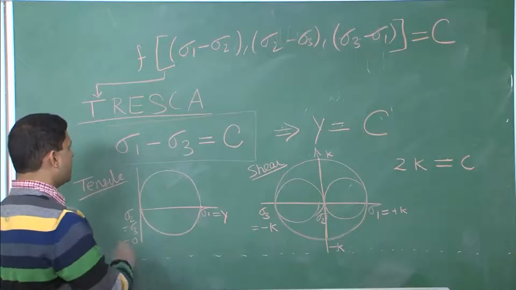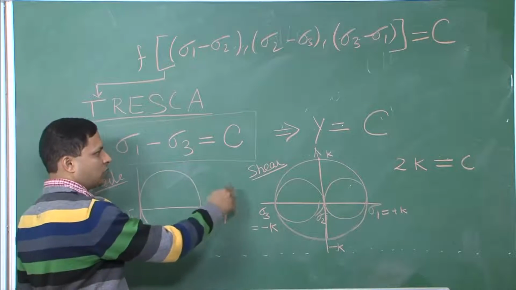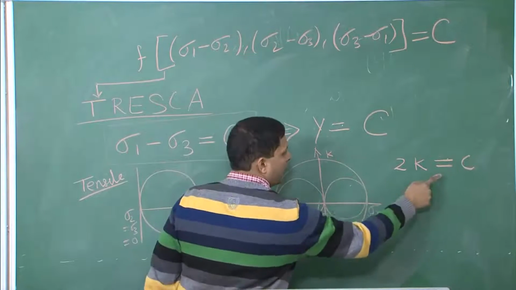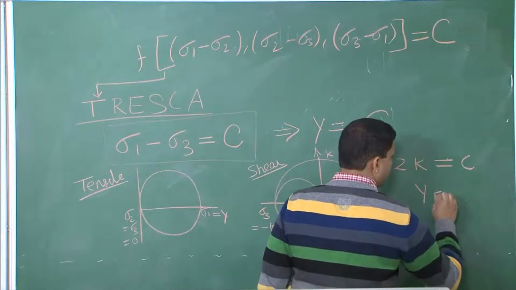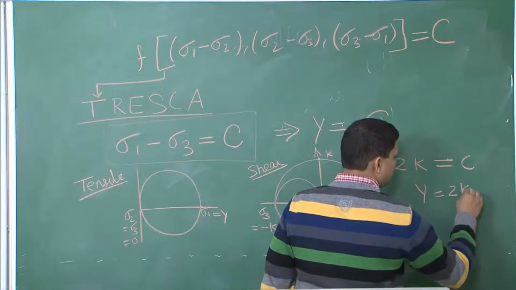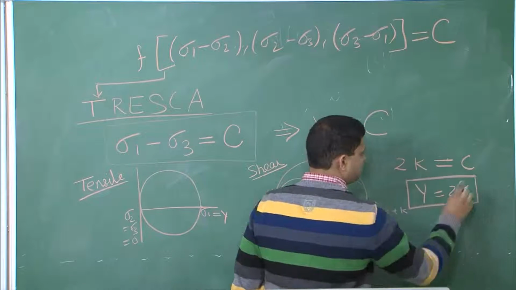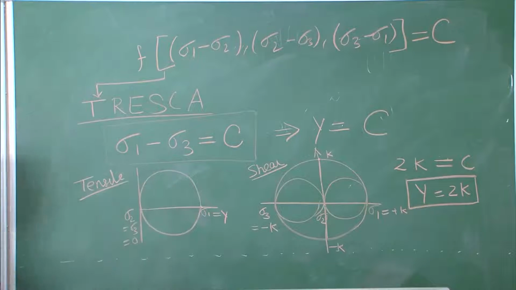So, when using Tresca criterion, we get not only the value of C in terms of Y, and in terms of K, we also get the relation between Y and K, which is Y equal to 2K. So, this is one criterion to define plasticity, when the onset of plasticity takes place in the material. Now, we will move on to another criterion,